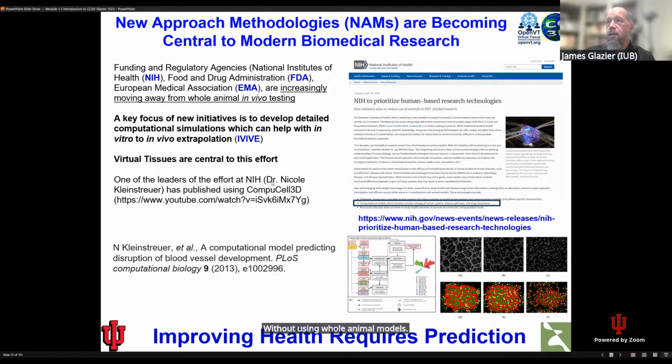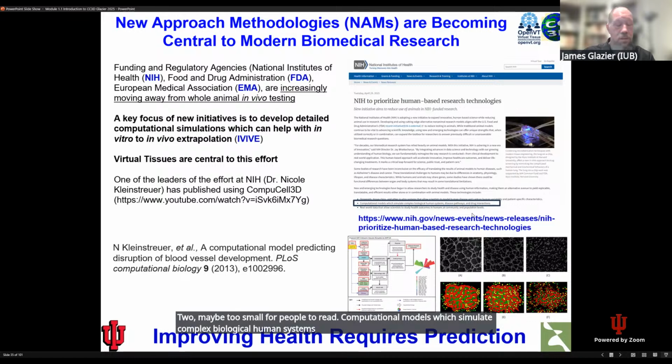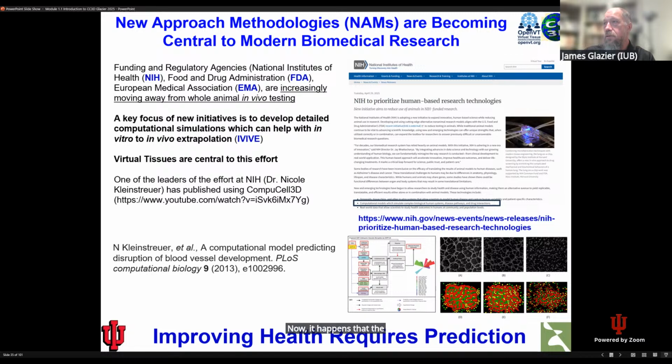And if you look at the NIH announcement from a little while ago, you'll find out NIH to prioritize human-based research technologies. And here, bullet point number 2, maybe too small for people to read: computational models which simulate complex biological human systems, disease pathways, and drug interactions. Now, it happens that the person leading this effort at NIH, Nicole Kleinstreuer, was the first author of a CompuCell paper some time ago, predicting chemical toxicities from